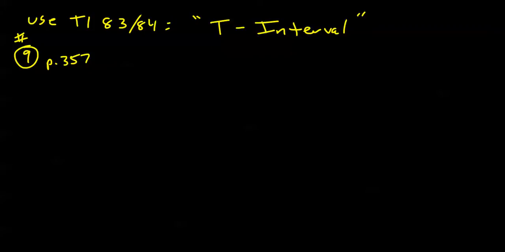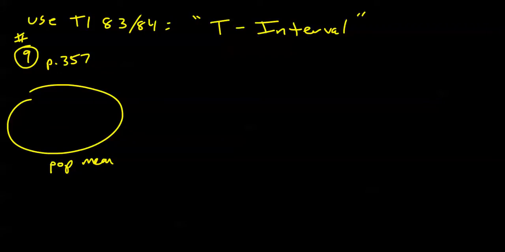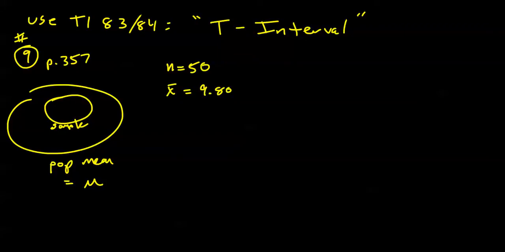Alright, so again, we've got a huge population of all earthquakes of all time, and the population mean for the depths of the centers of all earthquakes we will consider as mu, an unknown and unknowable value. Alright, what we're going to do is this. Let me write down the given information. We had a sample of size 50, right? The sample mean depth of all these earthquakes is 9.808 in kilometers. Our standard deviation from this sample is